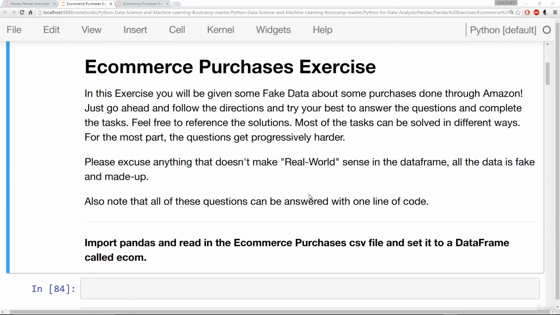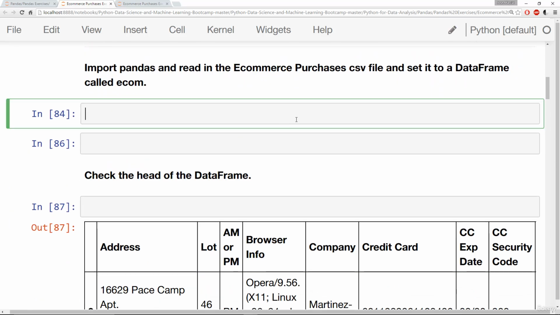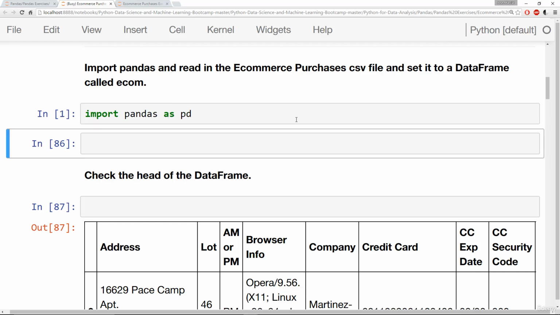Alright, here I am at the notebook for the E-commerce Purchases exercise. Let's just walk through the instructions. First thing you had to do was import pandas. Let's import pandas as pd. And then what we want to do is read in the E-commerce Purchases CSV file and set it to a data frame called ecom. So I'm going to say ecom is equal to pd.read_csv, and then I'm going